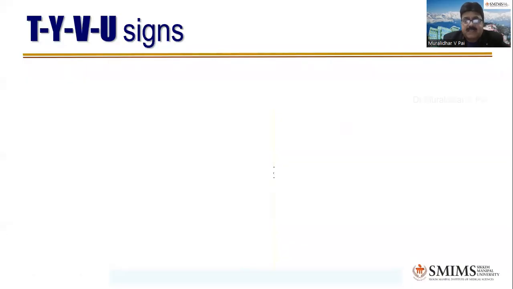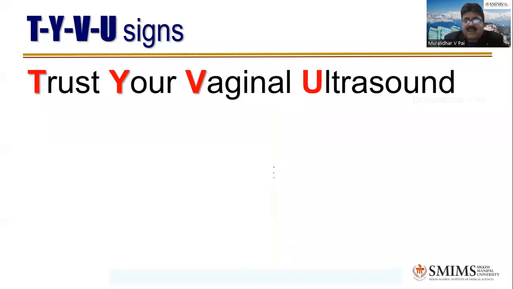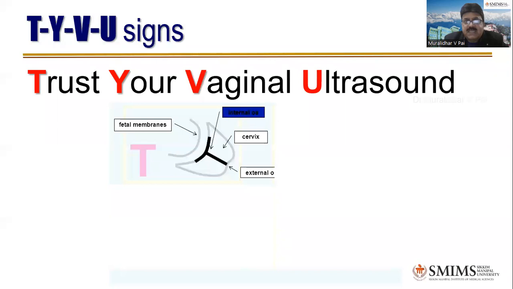So the next thing is, after knowing the length of the cervix, this famous TYVU sign, all of you know that. The acronym goes after this easy remembering sentence, that is, trust your vaginal ultrasound. So first you will see a T sign. That means it's a perfect, competent cervix. There's no problem there. The length is full, as you can see, and the membranes are flat over that cervical internal os. Whereas Y sign means membranes are now making an entry into the upper portion of the cervix.